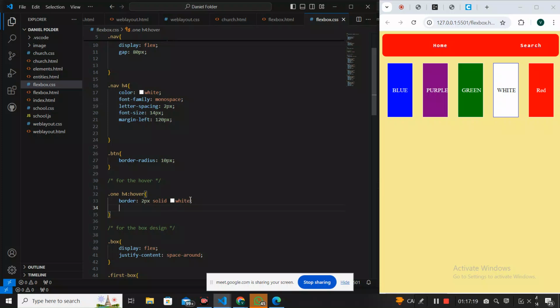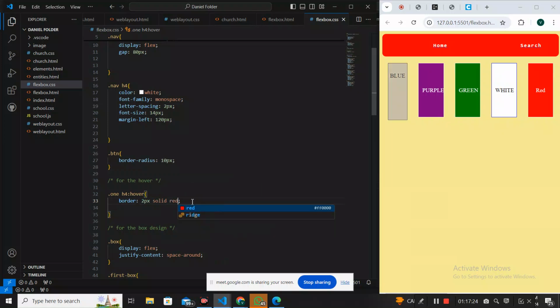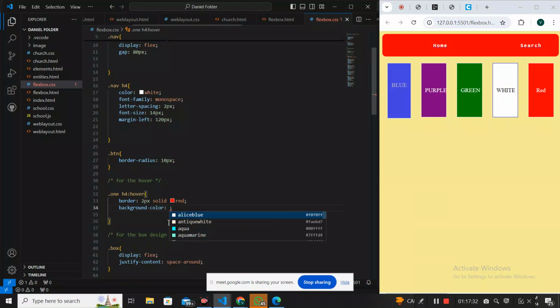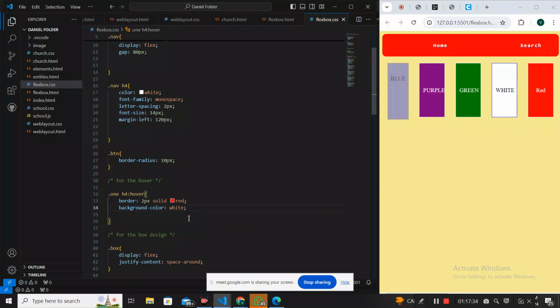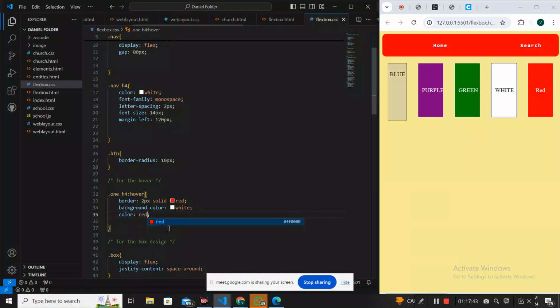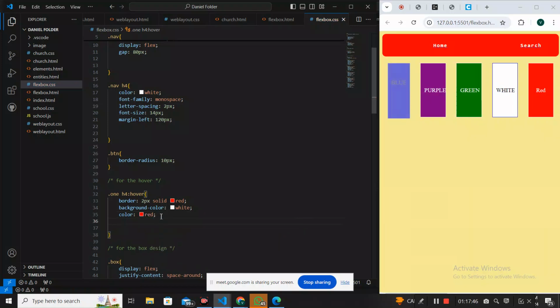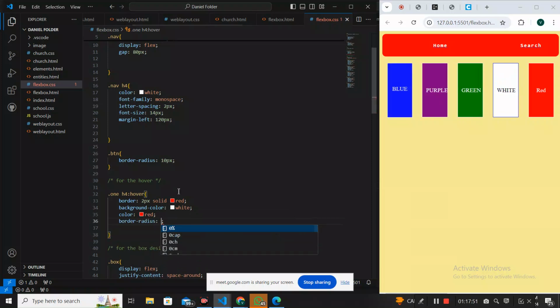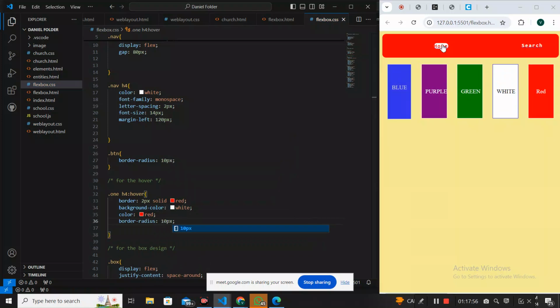No, let's use red. Yes, let's give this thing the border red. Then background color, we give background color white. Then we give color to change the letter red. Then we say border radius 10 pixel. Okay, so if we come here now and hover, see,